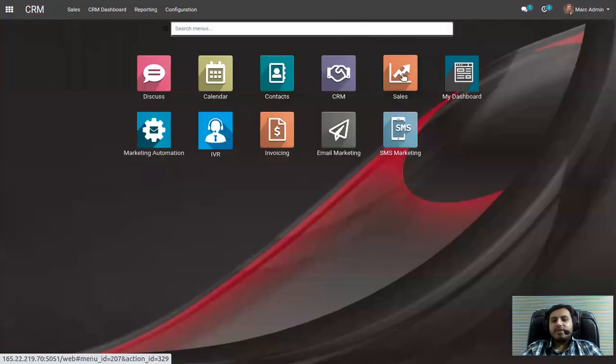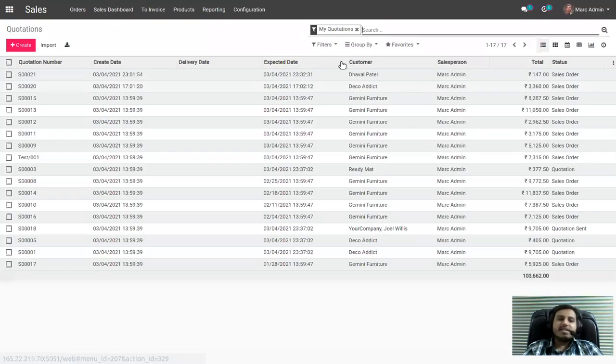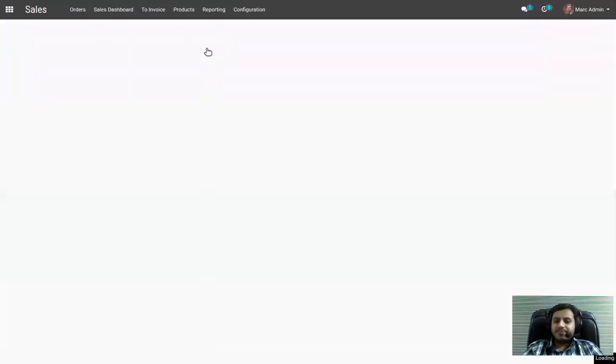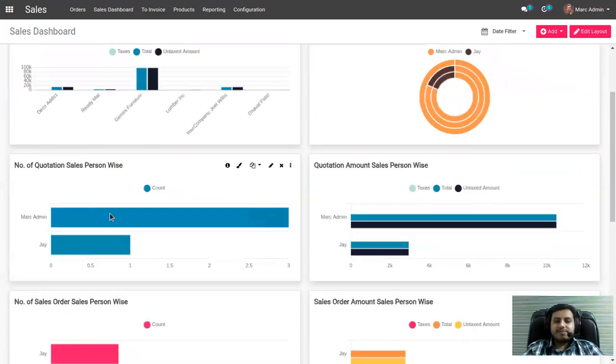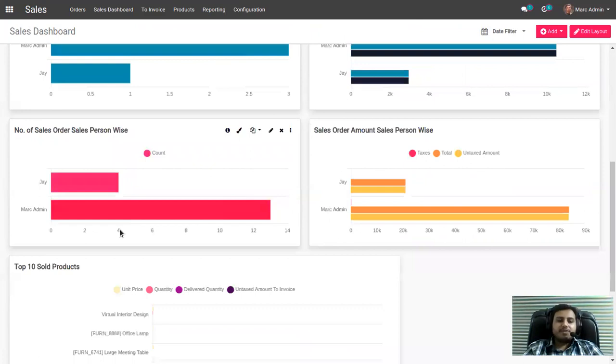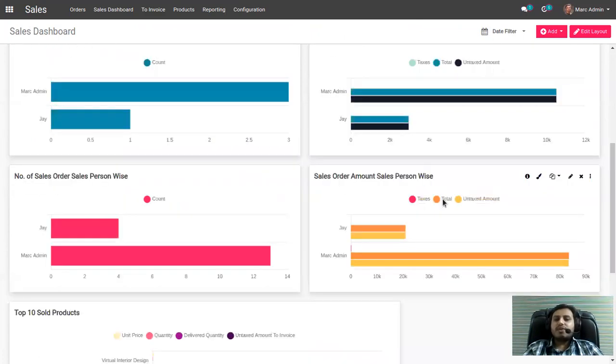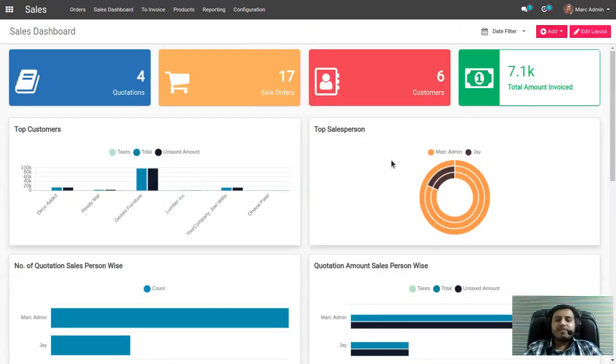In the same way, you can also see the sales reports in the sales dashboard. We'll move to the sales dashboard. Here you can see how many quotations you have, how many orders you generated in this particular time period, who your top customers are with their untaxed and tax revenue generated, who your salespersons are with their revenue, how many quotations per salesperson, and what your top 10 sold products are. So like this, here also you can create unlimited reports. It will help you to track each and every business activity, and you can remain connected with your business live.